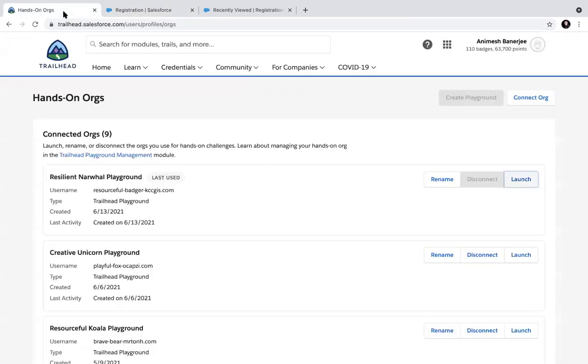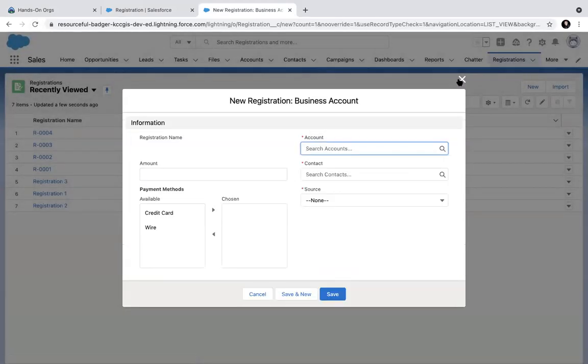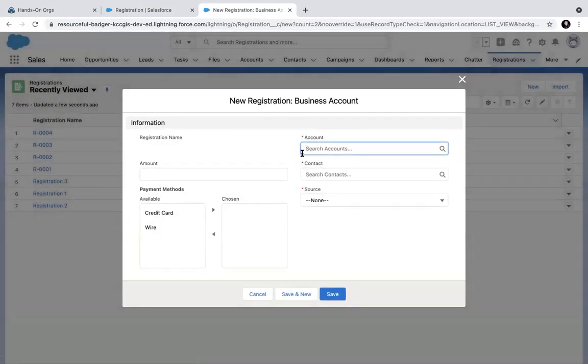Then what happens? By default, the record type which is given to me is the business account. So you see, contact is now mandatory, source is mandatory, right?